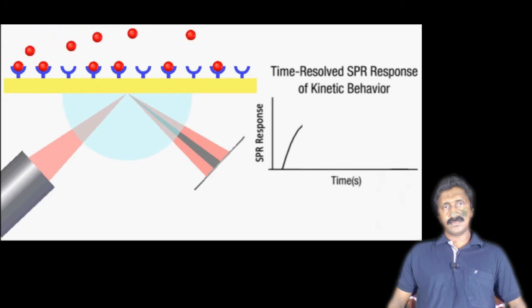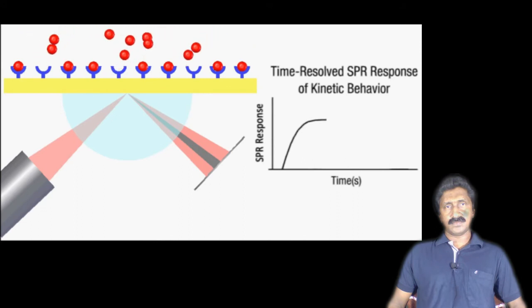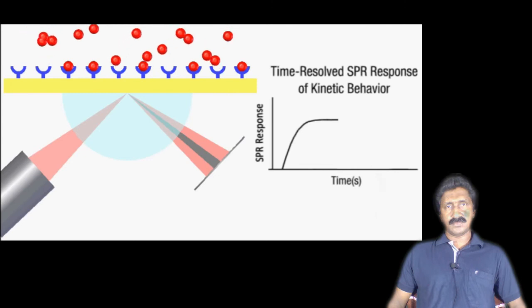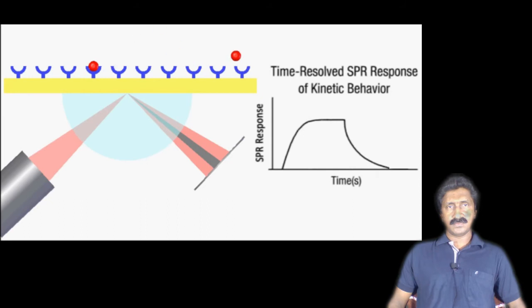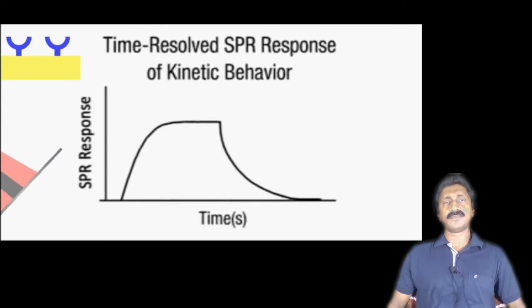As the sample is continually delivered to the sensor surface, analyte molecules continue to bind, and the number of available binding sites decreases, corresponding to a decrease in binding rate. As the SPR response levels off, the system approaches equilibrium, and the number of molecules binding and unbinding become equal. When no more analyte is introduced into the system, the molecules will continue to unbind, resulting in a decrease in